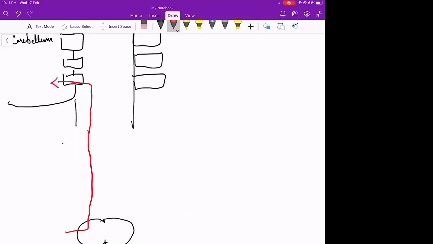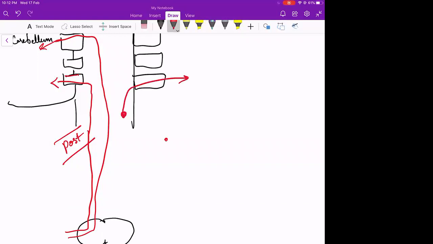The posterior spinocerebellar tract goes directly to the same side, and through the inferior cerebellar peduncle it reaches the cerebellum. Whereas the anterior spinocerebellar tract usually goes through the superior cerebellar peduncle and reaches the cerebellum. Another is from the nucleus cuneatus, which receives the fibers from the upper limb,